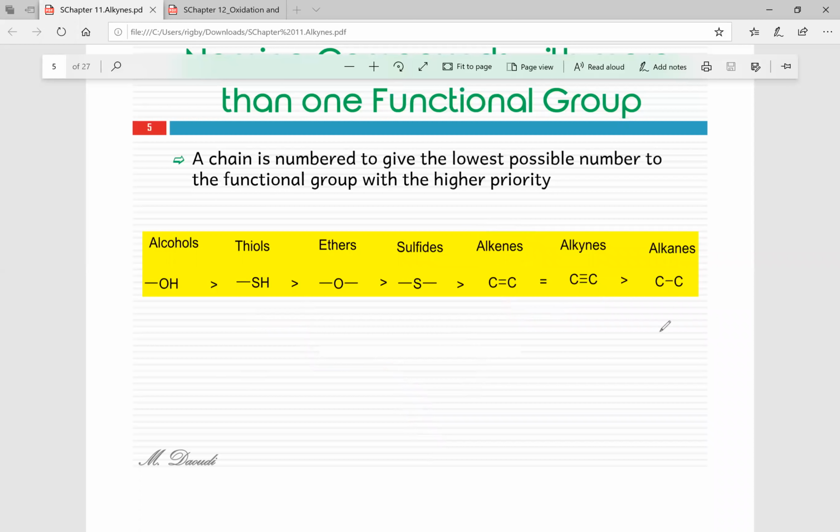And then slight adjustment here, we also have halogens, so like bromo, chloro, all of that stuff. That comes before alkynes, that is one of the lower priority ones along with alkanes. And the way that I remember this priority stuff is if it comes later in the name, then it's more